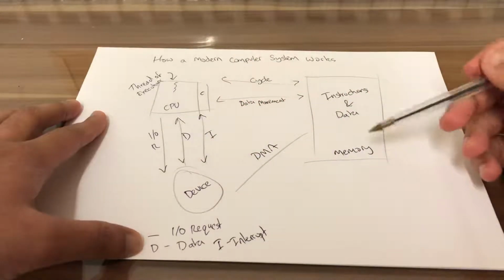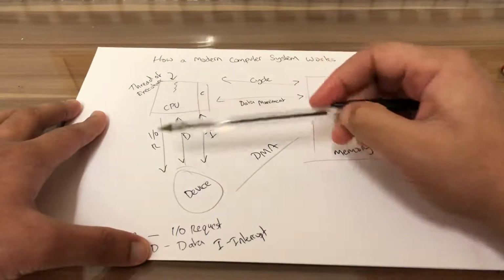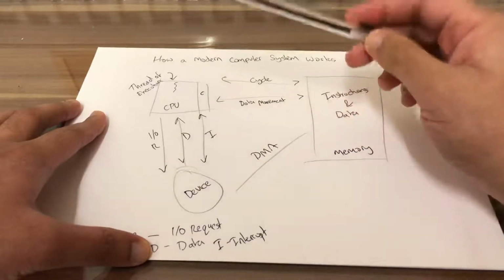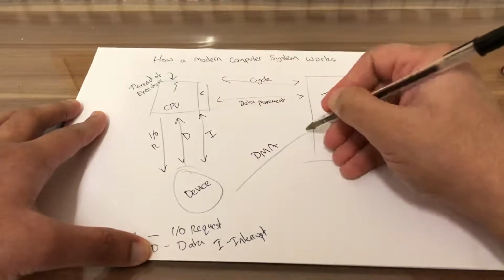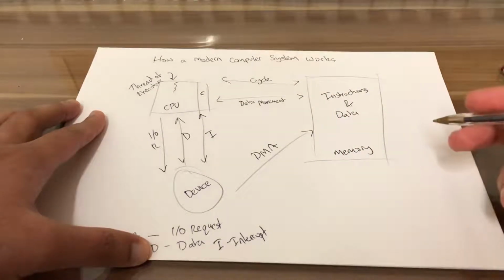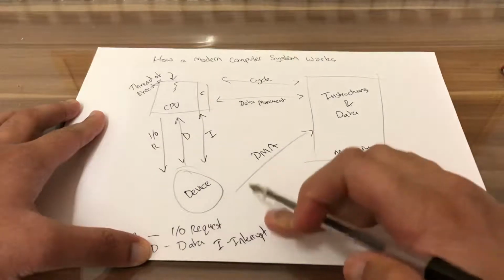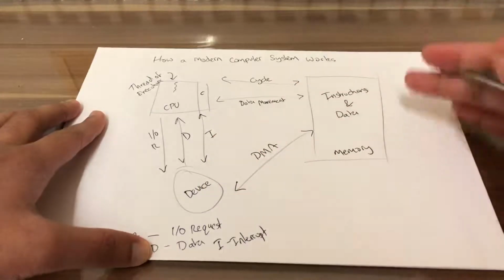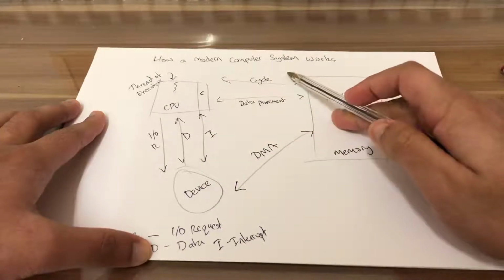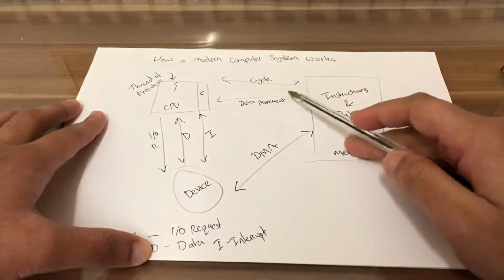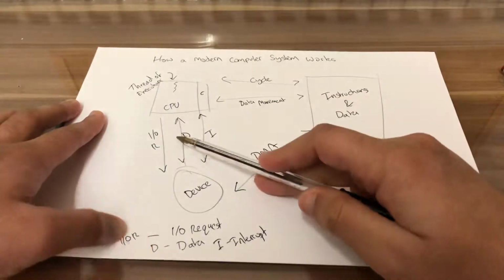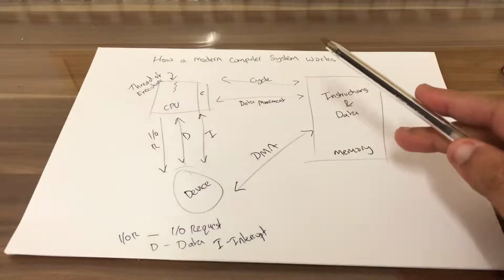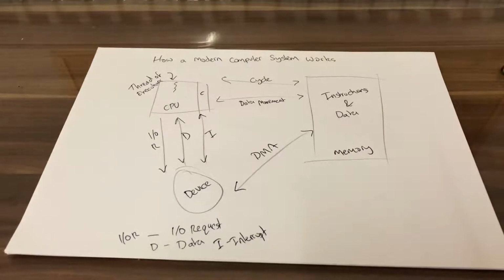And so the I/O request goes from the CPU to the device. The data can go from the device to the CPU and vice versa, as well as the interrupt. And DMA, which stands for direct memory access, can go from device to memory and vice versa again, back and forth. Hence the double arrows on cycle, data movement, DMA, data, interrupt. And so now we can explain the whole diagram, what is really happening. So